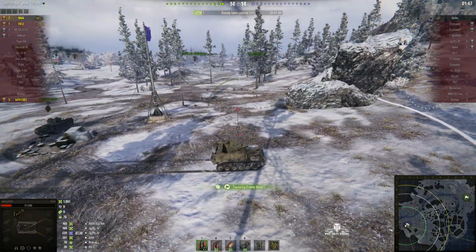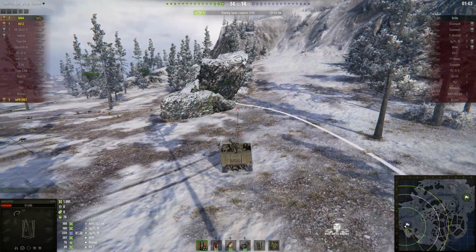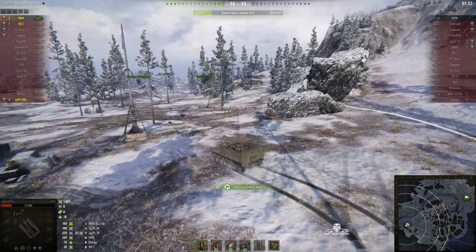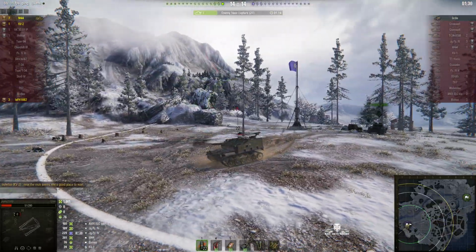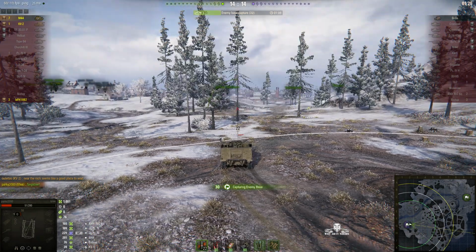Now ideally he should try and get behind some cover, and if the gorilla suddenly appears, he can shotgun him just as he comes around the corner. But I think instead he's going to keep moving, keep mobile. No, he's decided to stop. Well, it's not what I would do actually, but